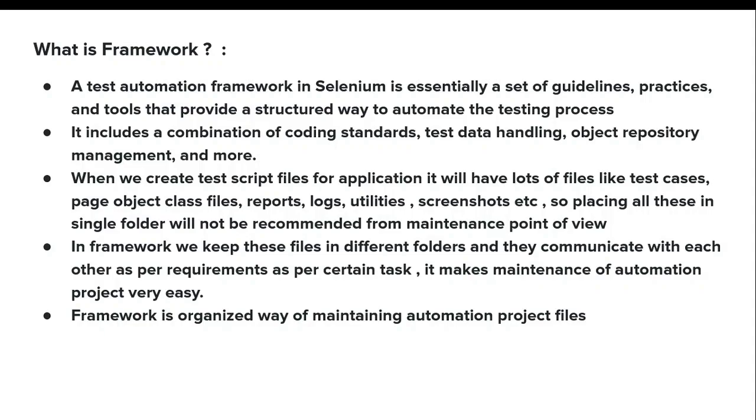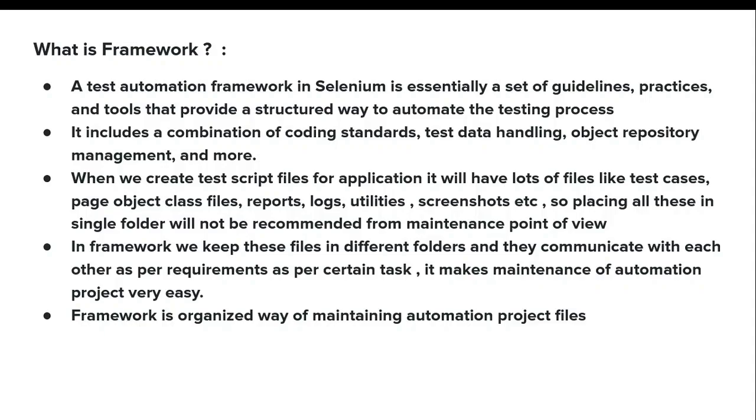It will also have various types of files like test case files, page object class files, reports, logs, utility files, screenshots, etc. If you keep all these files in one single folder or single location, it is not recommended from a maintenance point of view, because it will create unnecessary confusion.